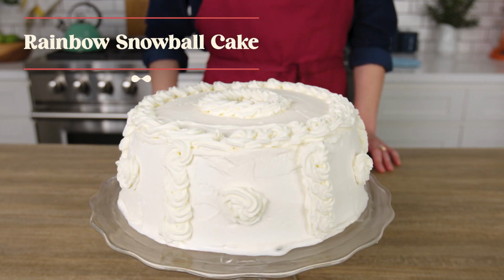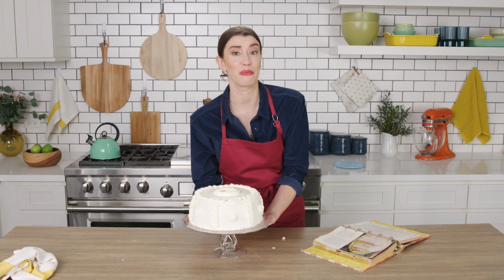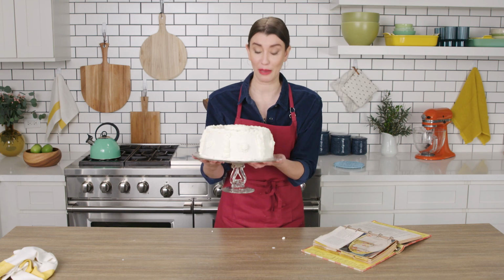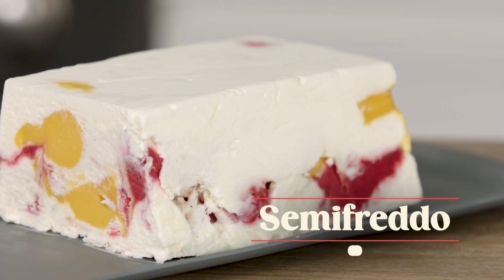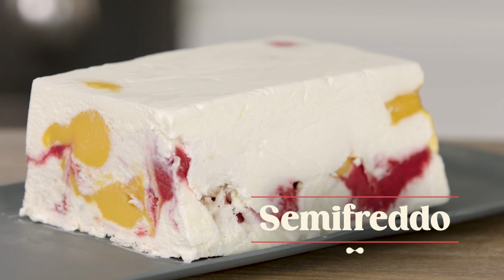Rainbow snowball cake. How cute is that? This has to go back in the freezer before the taste test, but I am so excited. So for my interpretation of the rainbow snowball cake, I'm gonna make a semifreddo, an Italian dessert, which basically means